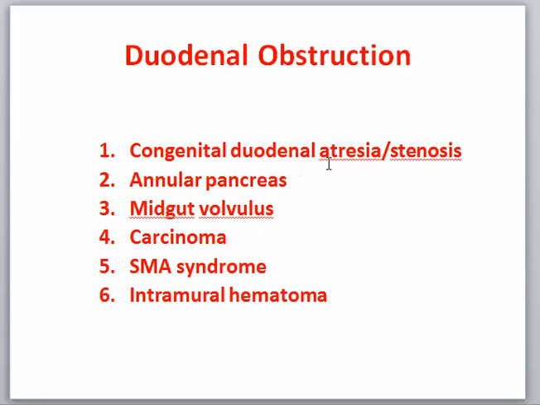So the main things are either congenital in atresia and stenosis, and this is infancy. Annular pancreas can be seen, carcinoma could be, and one of the most important is the superior mesenteric artery syndrome, in